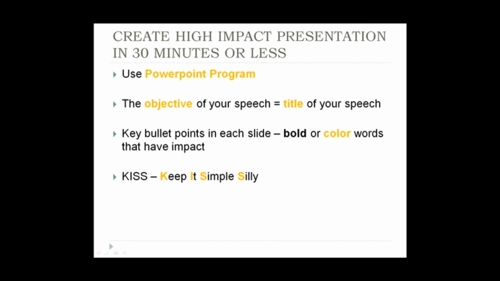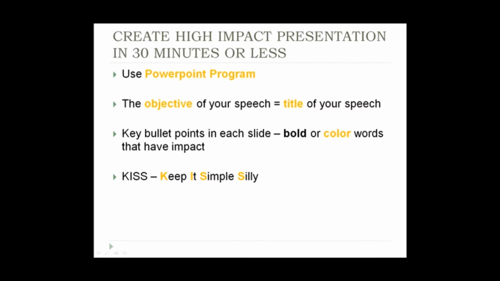Thus, here is a quick formula to developing your own high-impact, mind-blowing presentation in half an hour or less. Before we cover the 4 main elements of high-impact presentation, be sure to use a PowerPoint program to create your presentation slides, very much like what you are seeing in this video or reading in this transcript now. Microsoft PowerPoint is normally available in most PCs. Alternatively, you can use any other computer programs that create presentation slides that will aid your flow of speech as well as deliver effective key points to your audience, allowing them to both see and hear your speech.